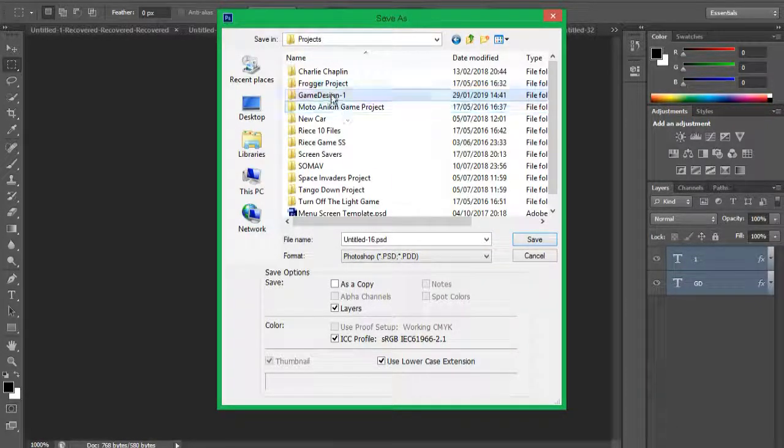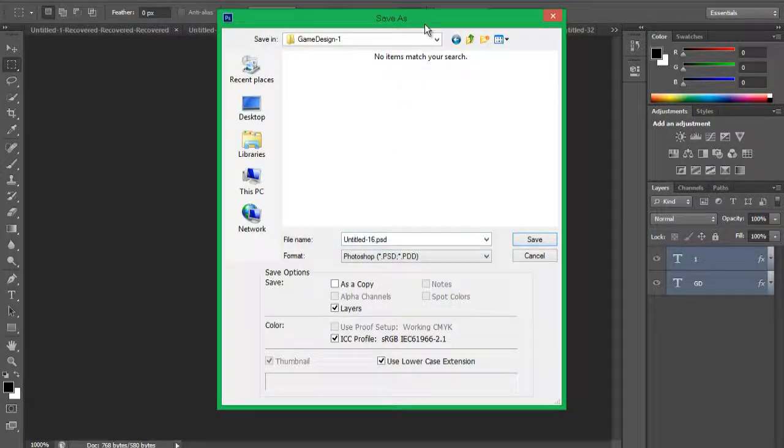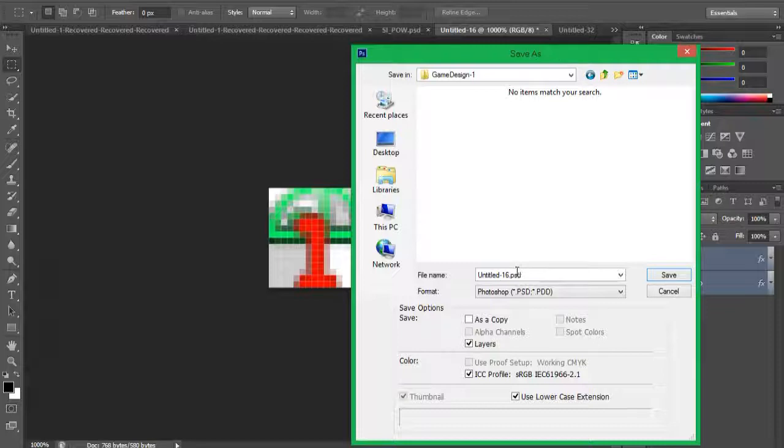So projects, game design 1. This is the 16-bit icon. I think we can just use the same name. No, that's completely wrong. Game dash 1. Let's just do GD1 dash icon dash 16. So if you want to update that, at least you got a copy of that. You know where the original is. It's not the